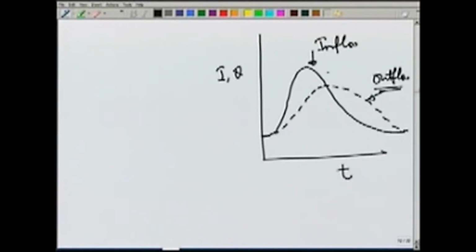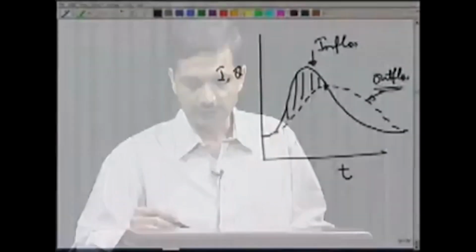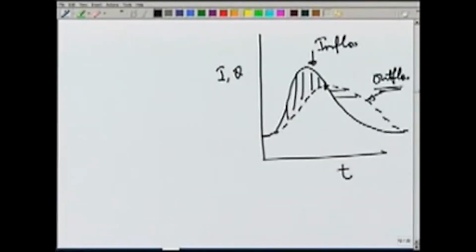The thing to notice here is that till the intersection point, the inflow is more than outflow, and what it means is that the water is going into the storage or the storage is increasing, and then beyond this point the outflow is more than inflow, which means that water is being taken out of the storage,